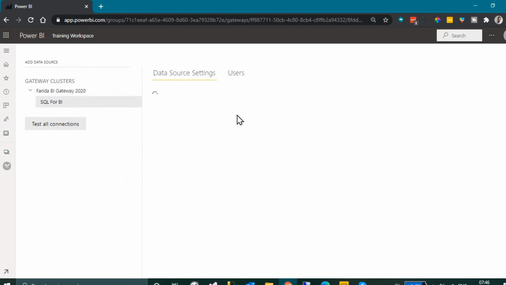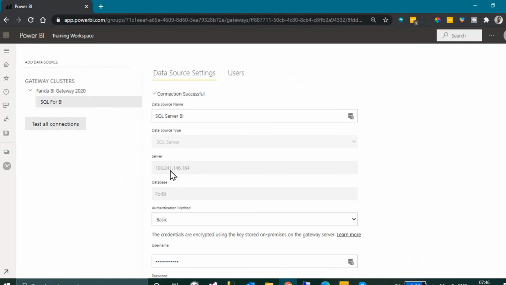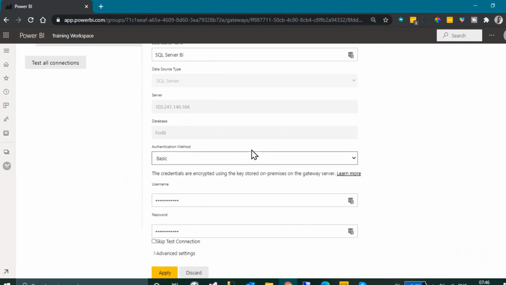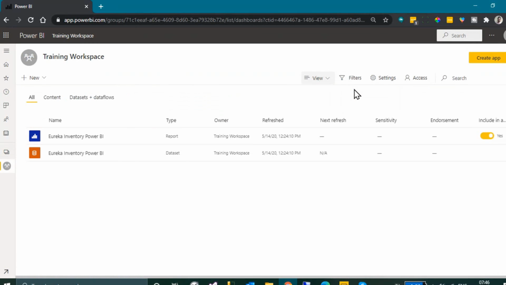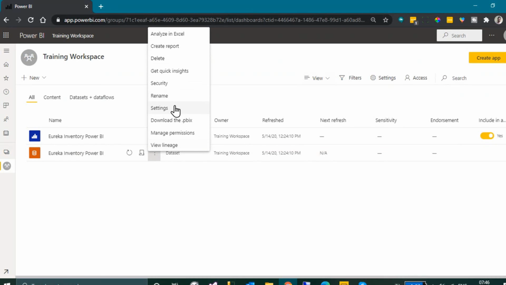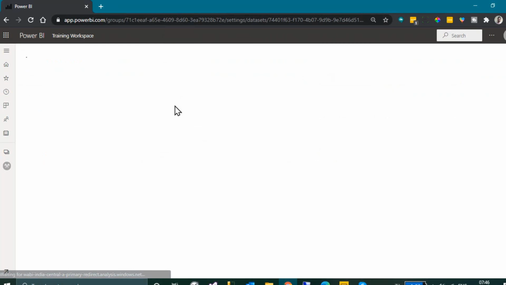So you need to select the data source type and then it will ask you for the server IP and password. You can give it here and then apply. So once it is done, and if you go here to the report settings in the data set, so let me switch it back to list view. And here you have this option, the settings here. So if you click on settings,